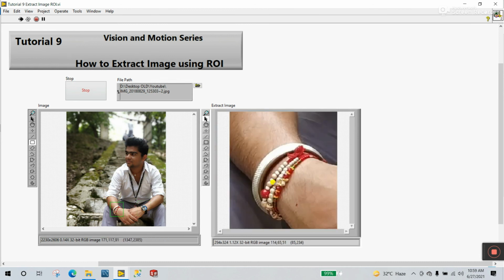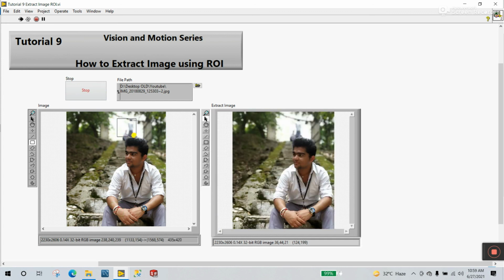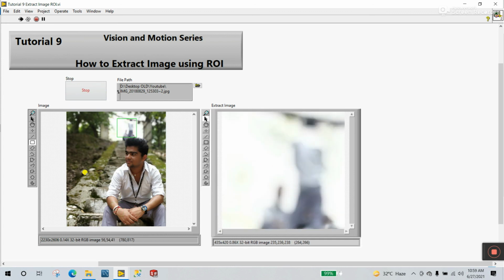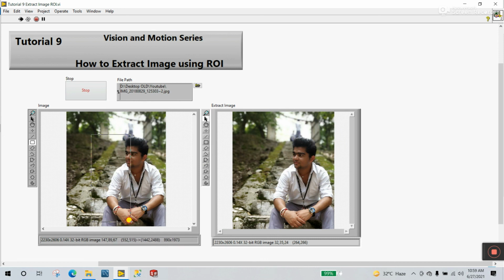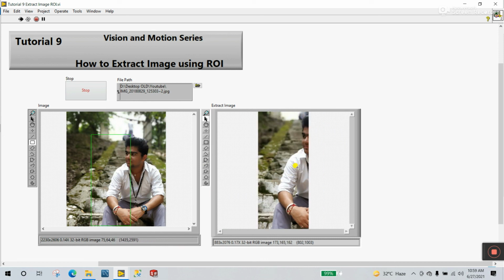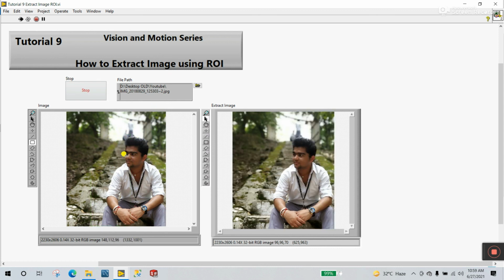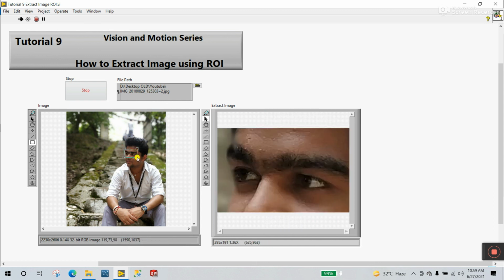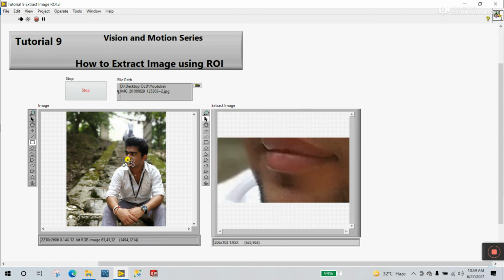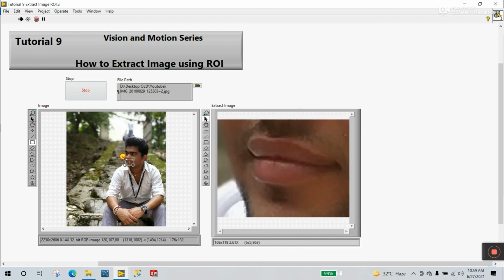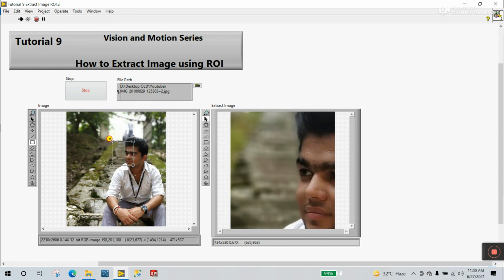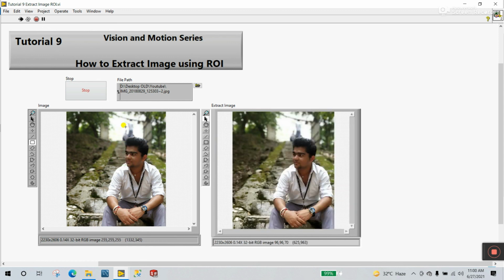Now let's see the background, it's blurred. Now I choose about half the image like this and you see. Zoom to fit. Yes, you can easily do this. It's very important. In your project you can easily modify or focus on some area. With the help of this you can easily do it, like select eyes and you see, and lips, nearby lips, you see. You can select like this.